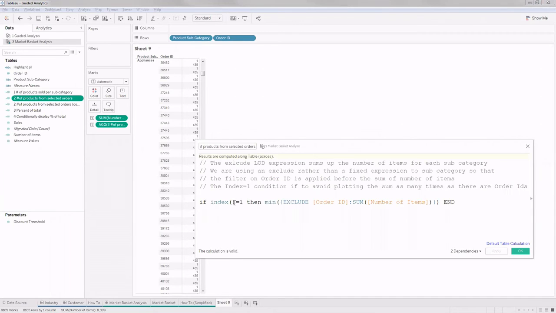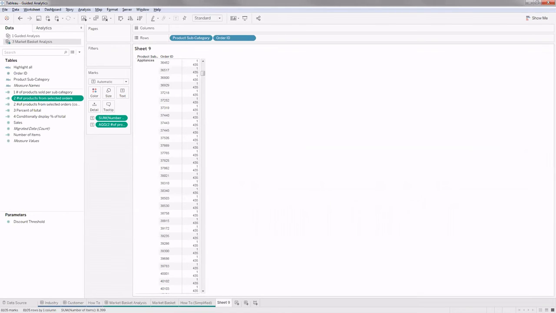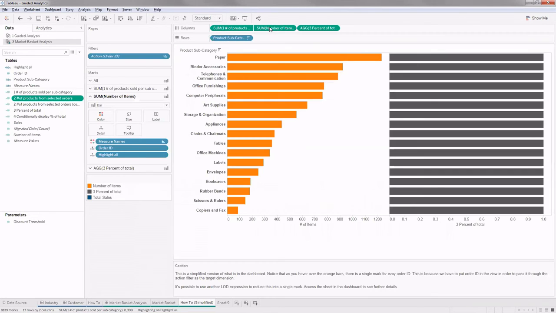So basically give me only the first value if index is equal to 1, and this index is calculated at this level. So my index will only be 1 for the first item in each of the subcategory. Therefore, I'll only extract one 435, and likewise for all the product subcategories as well. Once I extract that 435, there is no duplication, and once I pull that sum here, it will only be the right value. It will not be affected by the duplicate value. So since these calculations are clear, let's come to this percentage a little later.